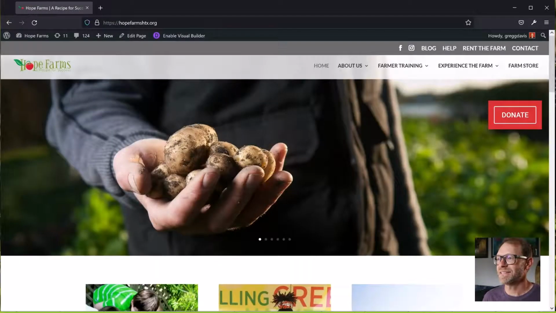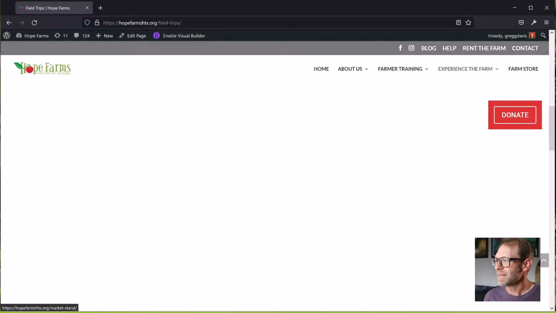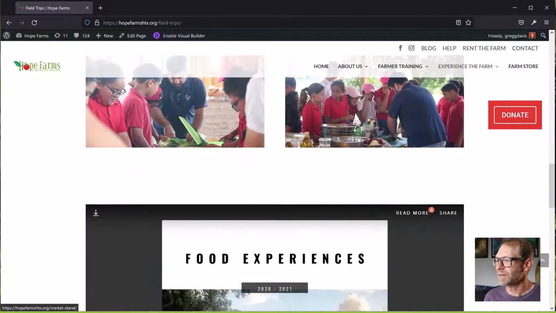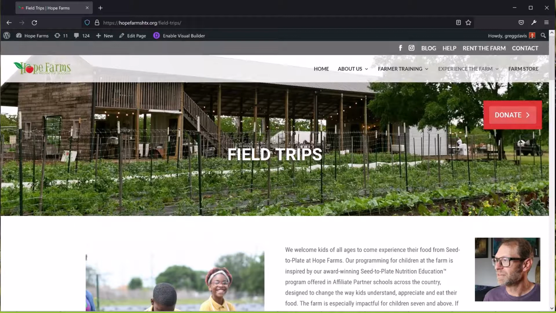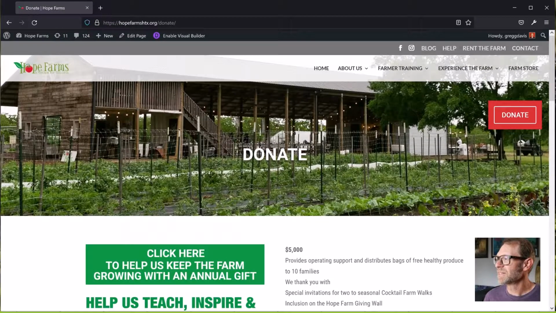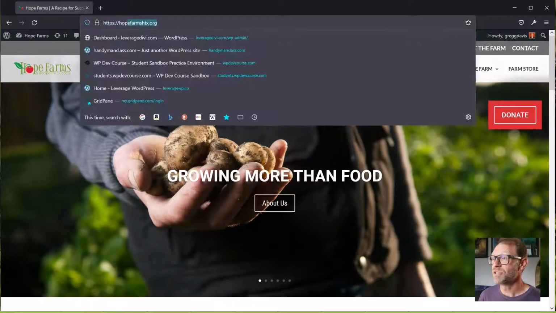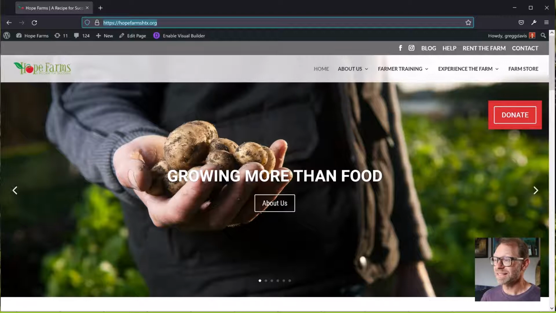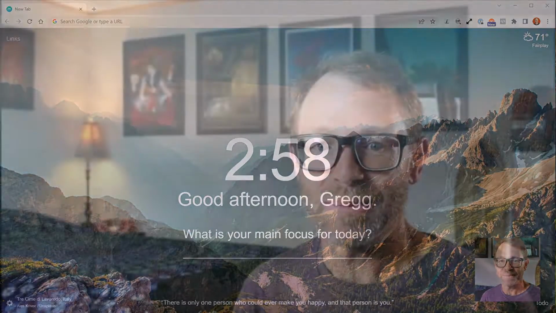And here's where I can do some testing. I'm logged in. I can just go ahead and make sure all the pages look right and the images are in, and things are looking right and loading. Even this interactive magazine that we have embedded here, the go to top, the donate button goes to the donate page. Great. All right. So everything seems to be working. There's nothing wrong with this. And now, I'm looking at the original URL, but I'm spoofing it in a way. I'm fooling my browser into thinking that this is the real URL. The only thing that's left is to bring the public back into being able to